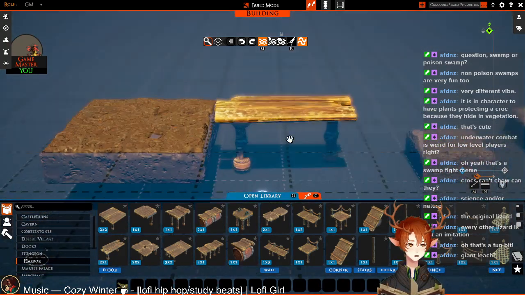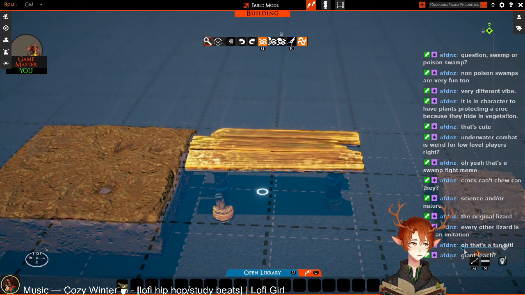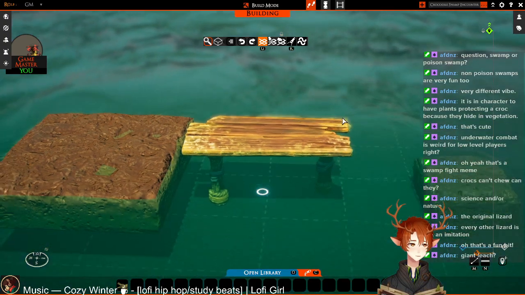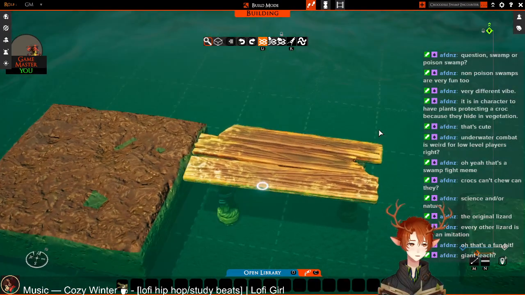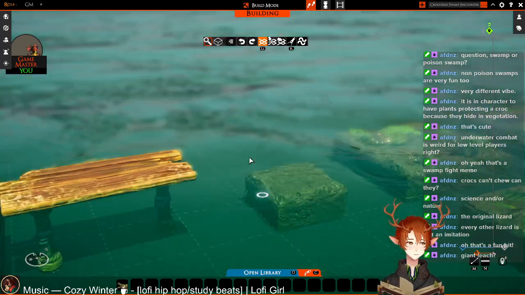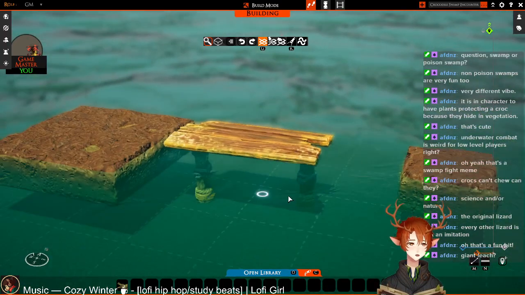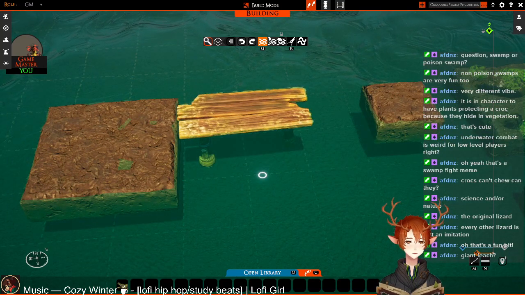Zoom in as far as we can. Is that gonna be good enough? That looks fine to me. Yeah, now it looks like they are just sort of floating on top of the water. And you can see that the water does actually clip into anything that's like the right height, which I think is actually a really nice feature. But I hope eventually they include...